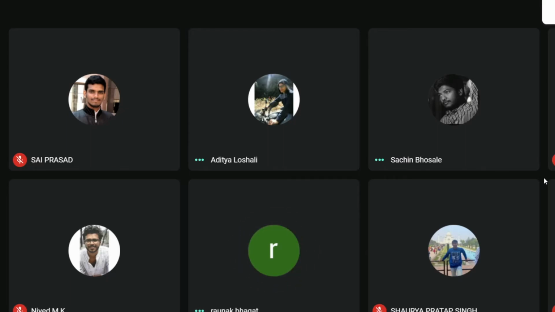Yeah. So for the backend, we have actually done that part, like dividing it into task and subtask, and it's already there. Aditya will be sharing that with you. For the front end, Sai has done it, and he has a PDF. He will be sharing with the front end members. Sure.